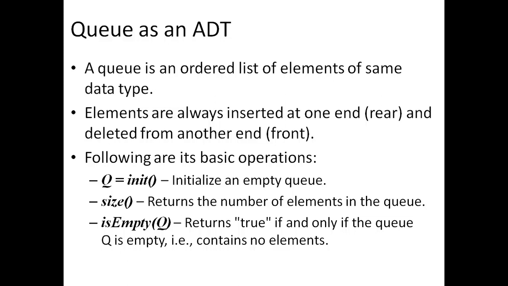Then comes the operations, and they are the initialize operation, that is INIT. Then there is a size operation which will return the number of elements in the queue, that is the number of elements which are present in between the front and the rear pointers. The init procedure is only going to initialize the queue. That is, we have to initialize the front and the rear pointer only.